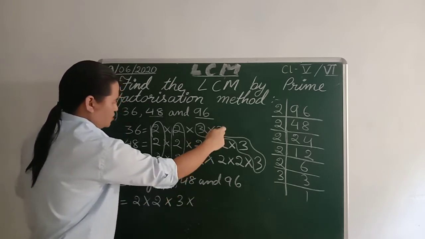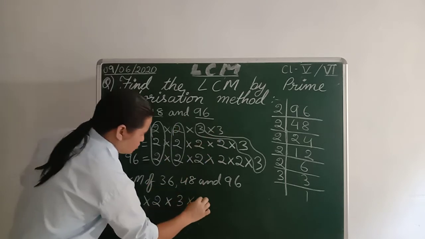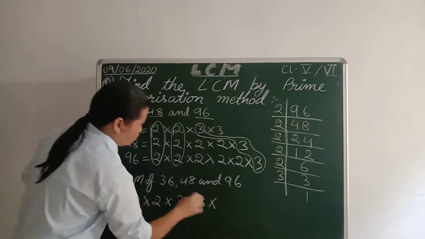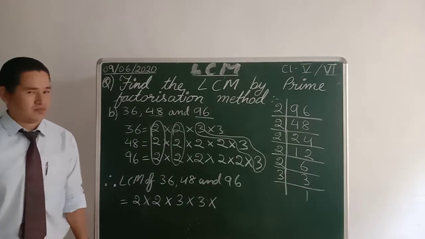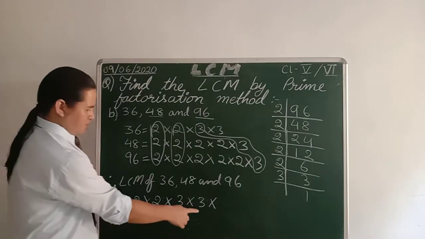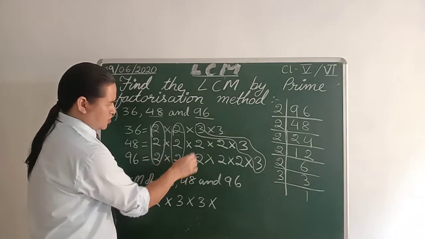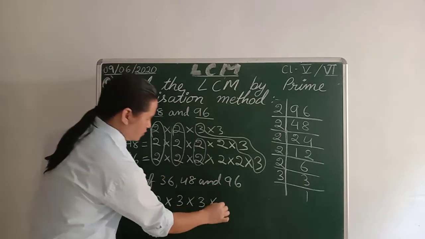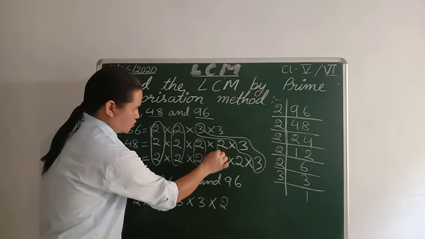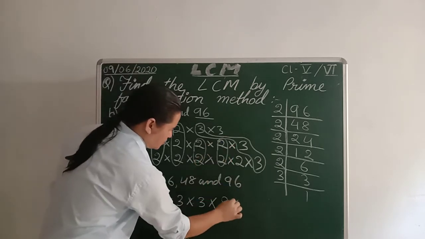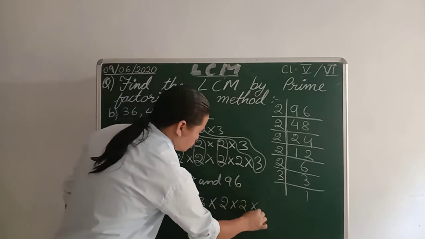Now this remaining 3 is here. Now no other 3s are left out. So we have to write this 3 also here, into. So we have understood up to here. Now see here, the remaining 2 and 2 are here, so we can make it one 2. Again similarly, this another 2 is here, so we can make it one 2. Now left out is only this 2, so you have to write this 2 also over here.